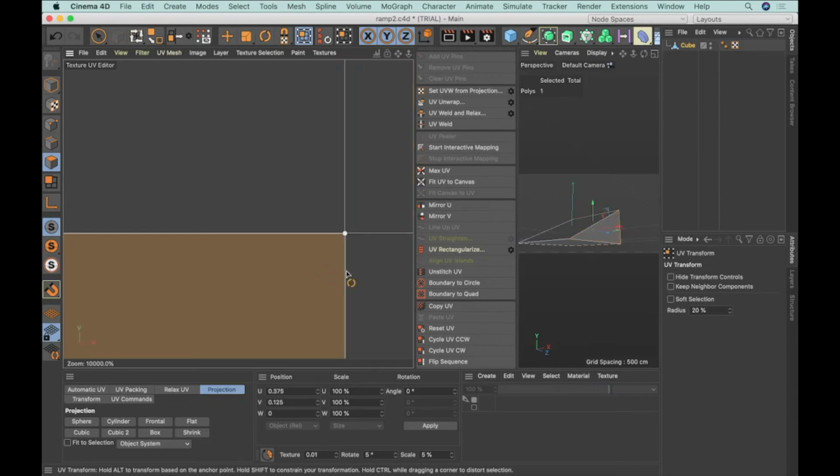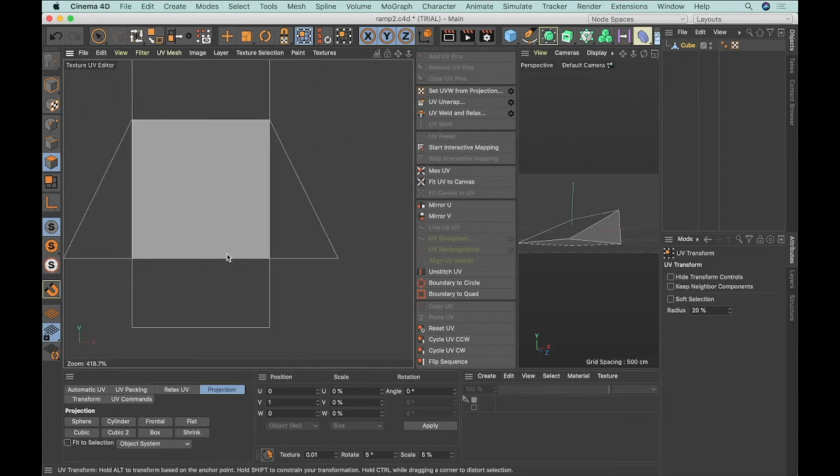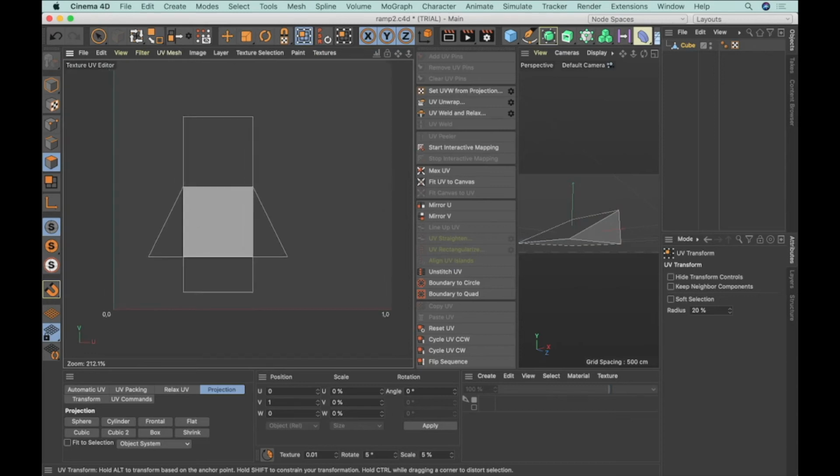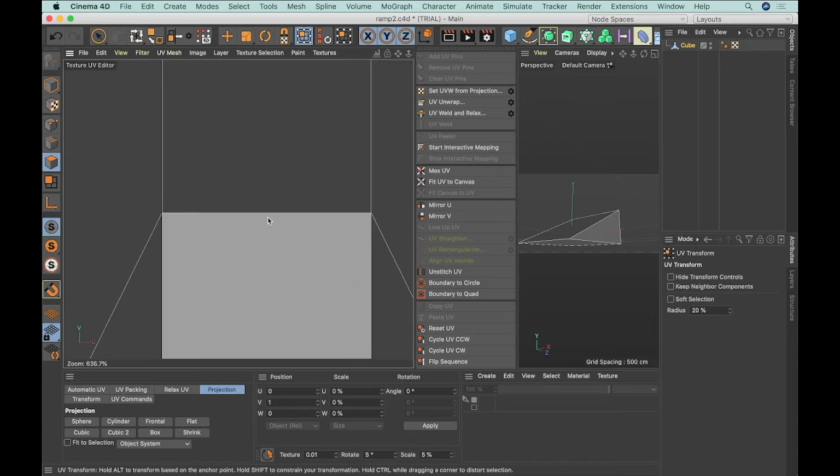All right, and that's pretty close. Adjust this a little bit. Okay. For my purposes, for what I'm going to be doing, it's a relatively simple material, and so this is going to work fine. What I can also do is select all of these objects, and one of the things